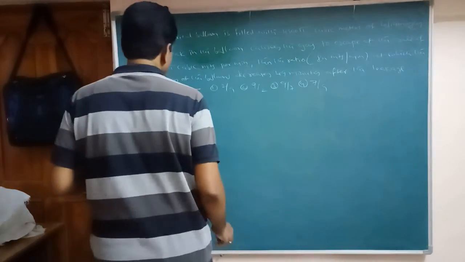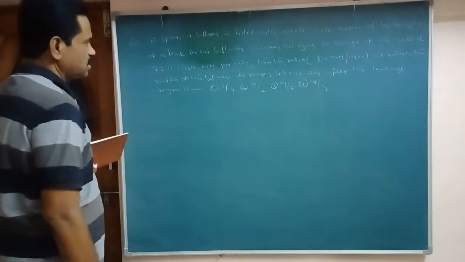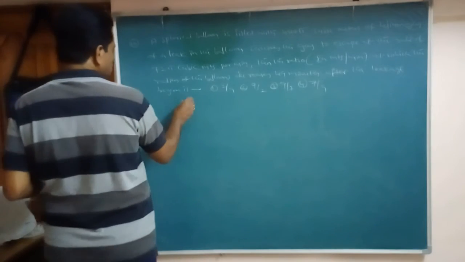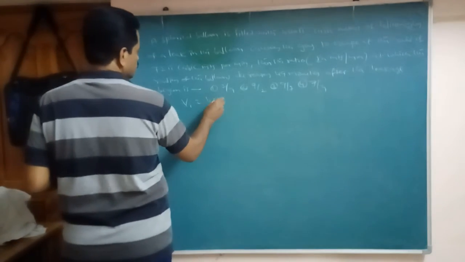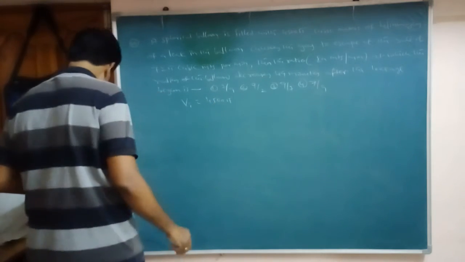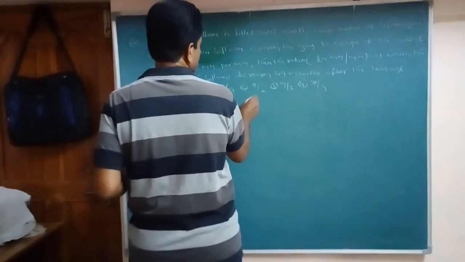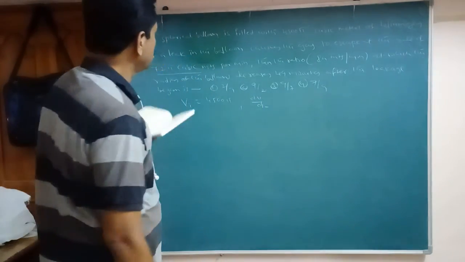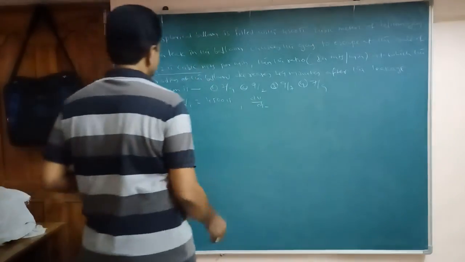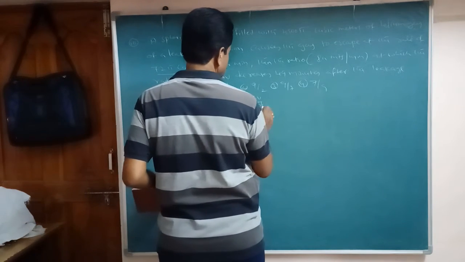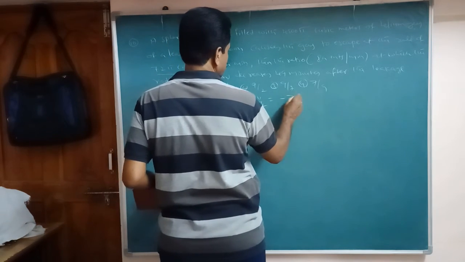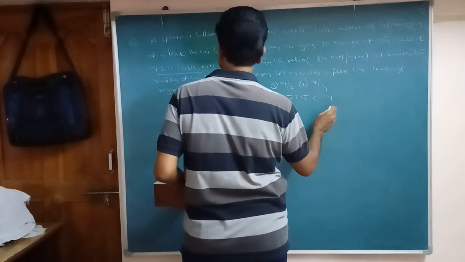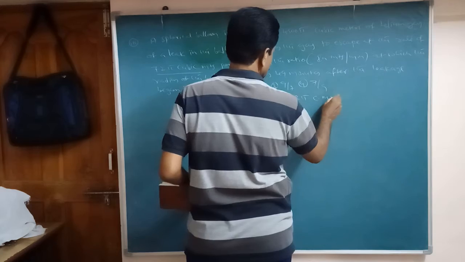So here two types, velocity after 49. So first, volume equal to how much is given here? 4,500 is given. And dV by dt is how much here? Leakage means decrease, so minus 72 pi cubic meters per minute.